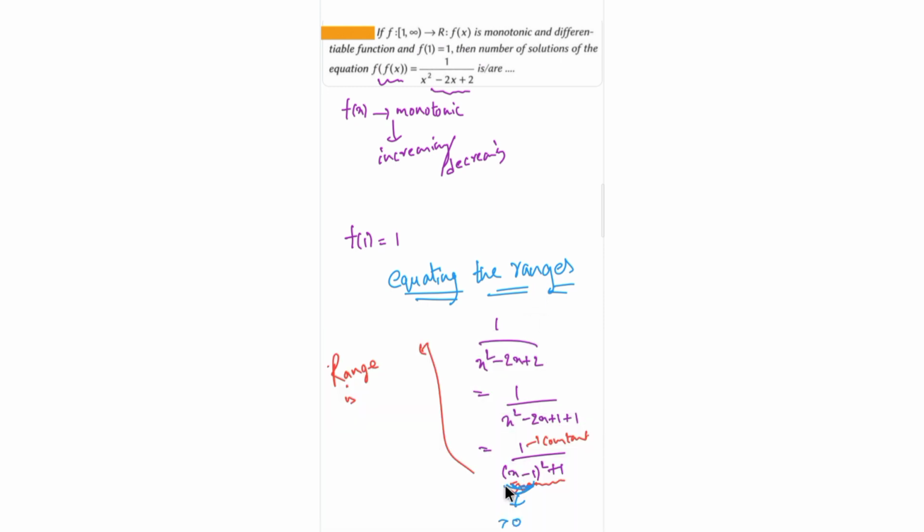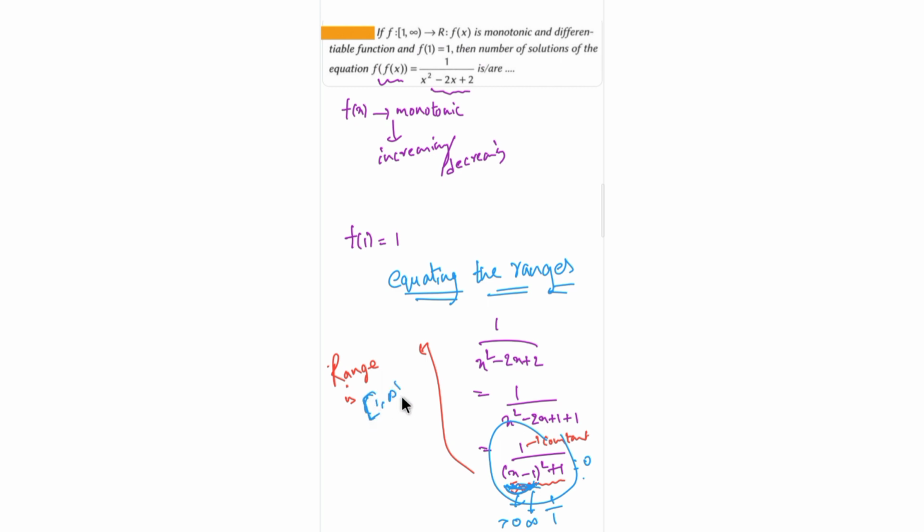If the minimum value is 0, then the maximum value of this function would be 1. Why am I telling this is the maximum? Because this is in the denominator, so the smaller the denominator, the larger the result. If the minimum possible value for this whole term is 0, we get the maximum of this to be 1. And the denominator can go to infinity: put x to be infinity, x minus 1 whole square is infinity, so 1 by infinity is 0. So the minimum of the total function is 0 and the maximum is 1. So the range is basically